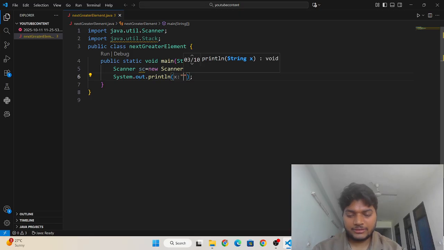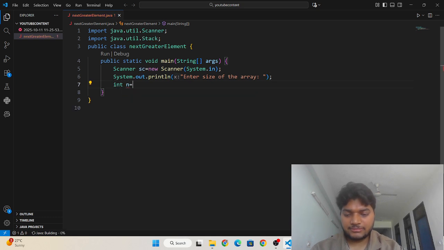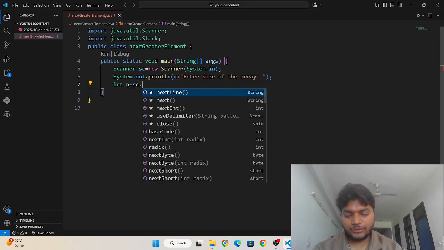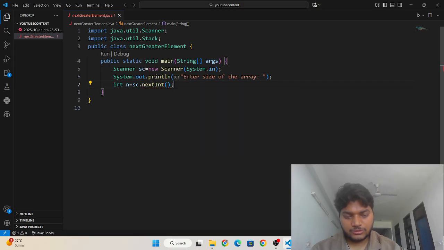Now I'm writing here: enter size of the array. Now I am going to take the size in variable n with sc.nextInt. I am removing this ln so that our cursor will be next to this text.